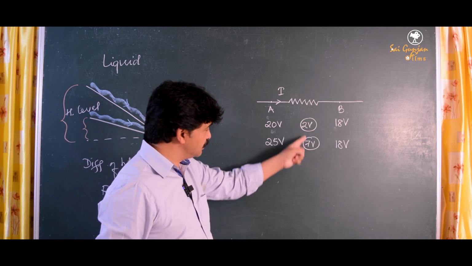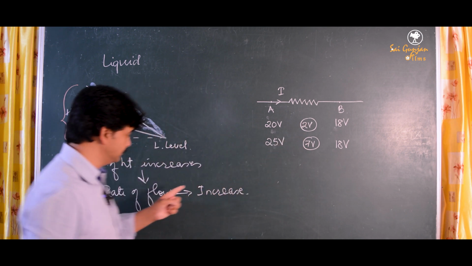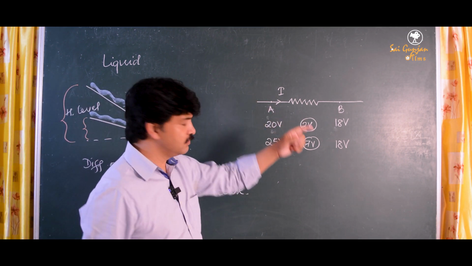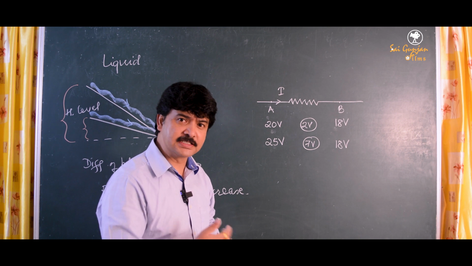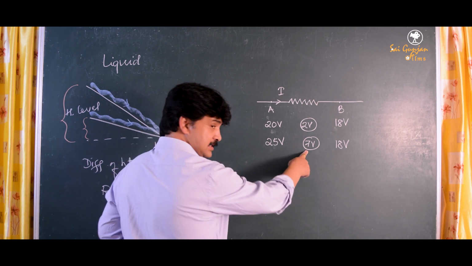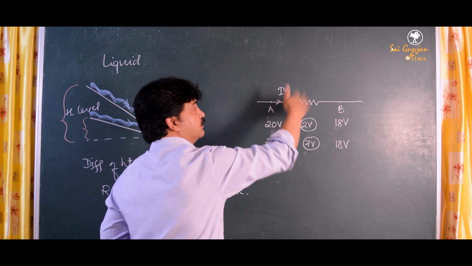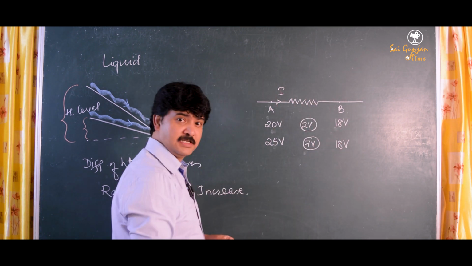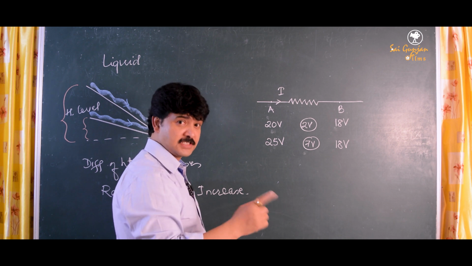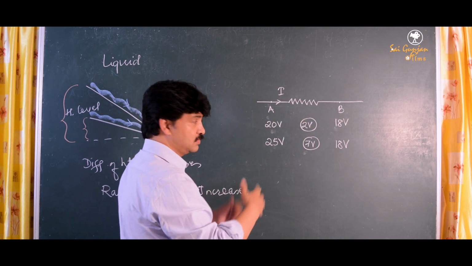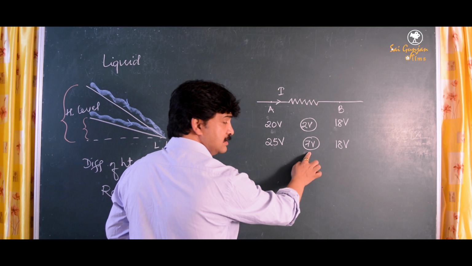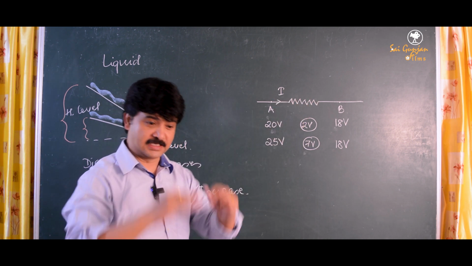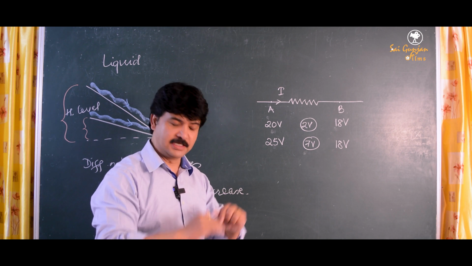So as the potential difference increases, the rate of flow should also increase, isn't it? What is actually flowing? The charges are flowing, isn't it? So as we increase the potential difference, the rate of flow of charge will increase. The charges will flow faster and faster, isn't it? And what is that rate of flow of charges called? Current. So what does it mean? As we increase the potential difference, current will also increase, and as we decrease the potential difference, current will